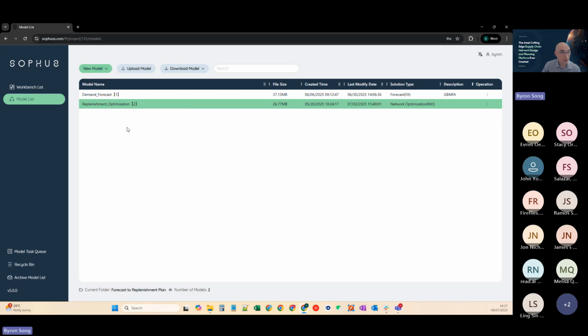Yes, we can. Fantastic. Right, so the second part of the model, as everyone said, is the supply model. And this model has a complete network footprint. So you've got manufacturing sites, DCs, and customers. And you can add different types of supply details to it. You can have work centers, you can have resources, you can model the different production processes and bill of materials, etc. But the key point is this model will take the output of the first model, which is the demand